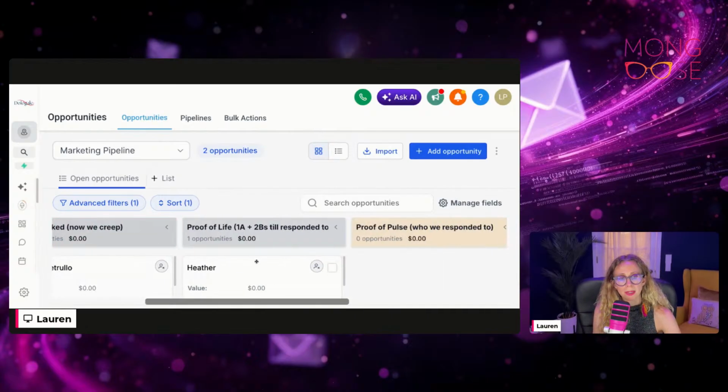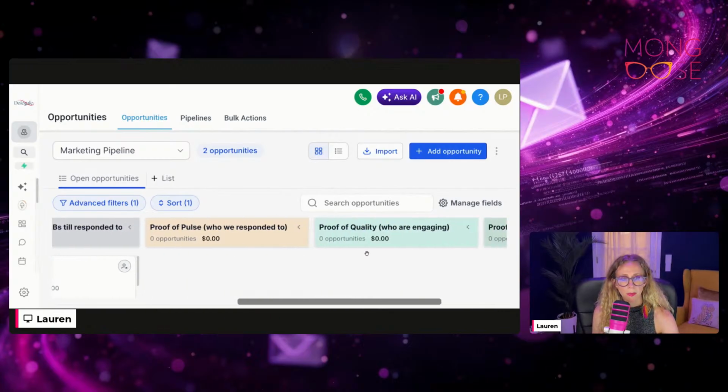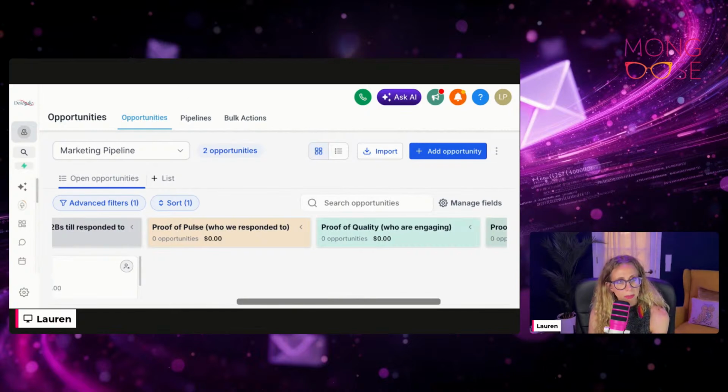Or what we're trying to do is, we've gotten that proof of life, then great. Now we're having relationships. I don't mind someone being in here for 6 months, 9 months, building that relationship, because success out of this marketing pipeline is that, let me just scroll over, we know proof of quality. So when you're sending your emails, if you want to get the most money out of it, you need to have conversations that are relevant to them based off of their quality.